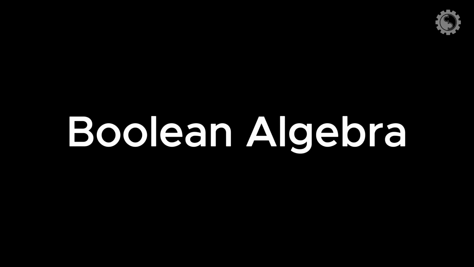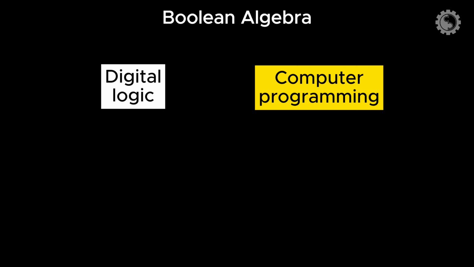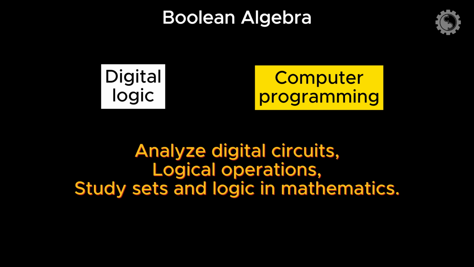Boolean algebra is a branch of mathematics that deals with logical values, which can be either true or false. Boolean algebra is an important foundation of digital logic and computer programming. It's used to design and analyze digital circuits, implement logical operations in software, and even study sets and logic in